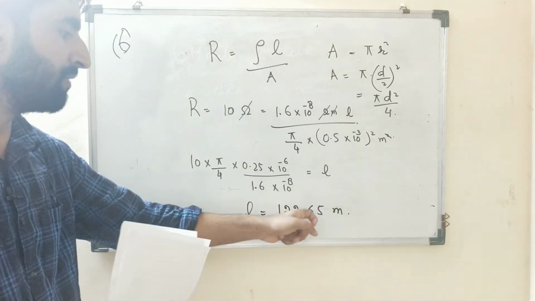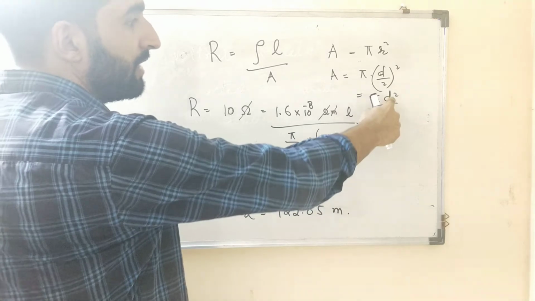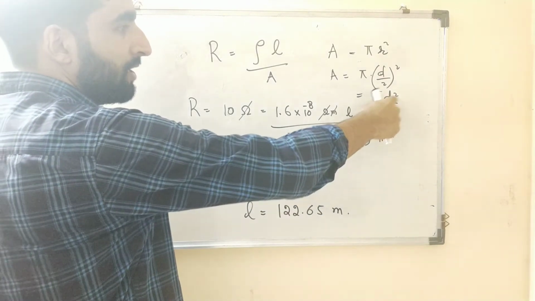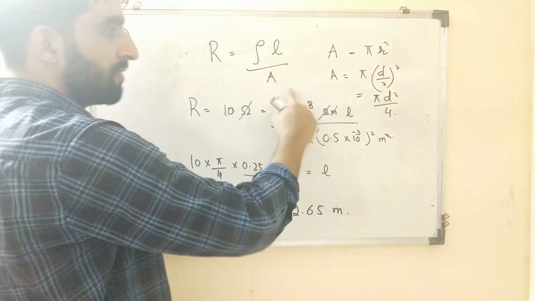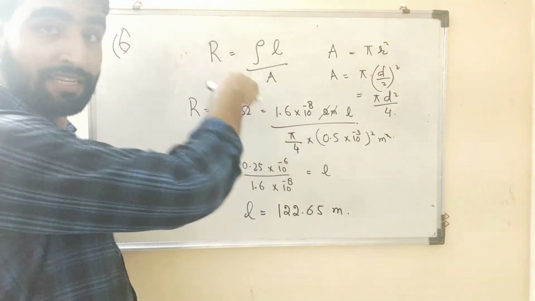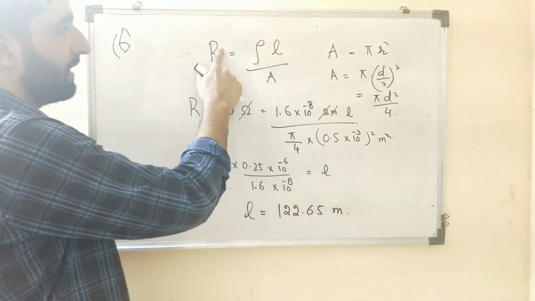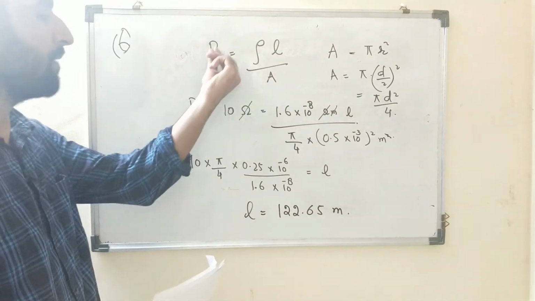सो यू हैव टू डिवाइड इट विथ 4 सिंपली, क्योंकि एरिया जो है दिस इज इक्वल टू पाई डी स्क्वायर बाय 4. अगर मैं डायमीटर डबल कर रहा हूँ सो दिस विल बी 2 टाइम्स, क्योंकि इसका स्क्वायर है. सो दिस विल बी इक्वल टू 4 टाइम्स. सो एरिया विल गेट इंक्रीज्ड बाय 4 टाइम्स, बट रेजिस्टेंस ऑब्वियसली इट विल गेट डिक्रीज्ड टू 1/4 ऑफ इट्स ओरिजिनल वैल्यू.